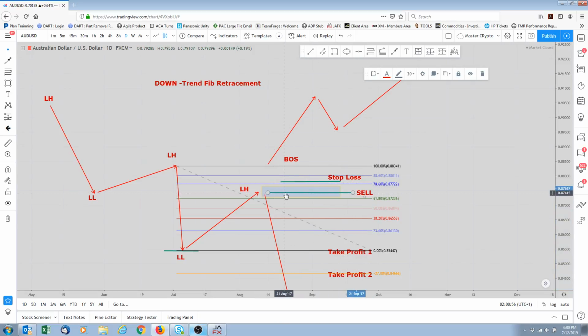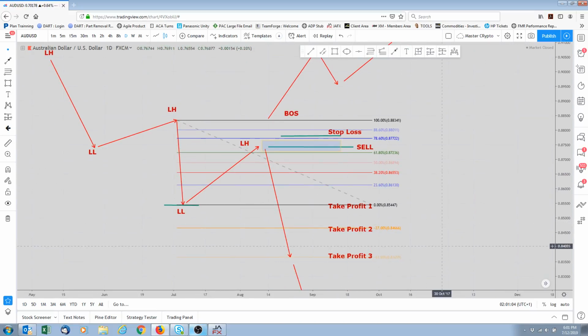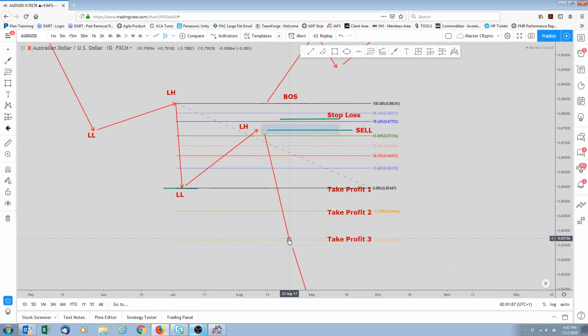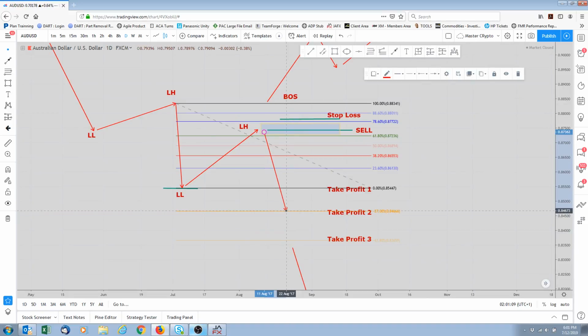So this line represents where we possibly might sell around, and then we'd put our stop loss just above this level here, and then our take profit area would be take profit. I like to go take profit 2, but you know, greed keeps us from being profitable, so let's not be greedy. Either take profit at take profit 1 or take profit 2, or if you've made a lot of profit that week and you want to take a little more risk,